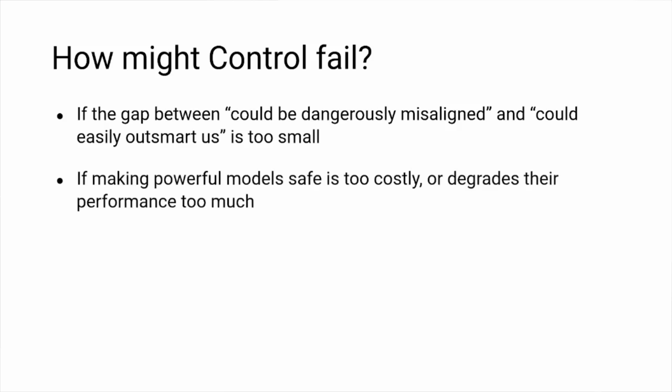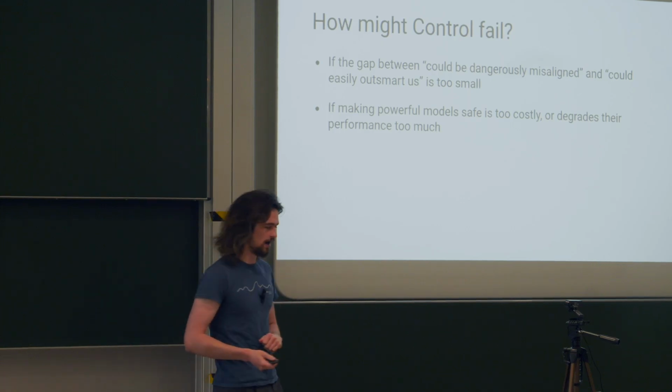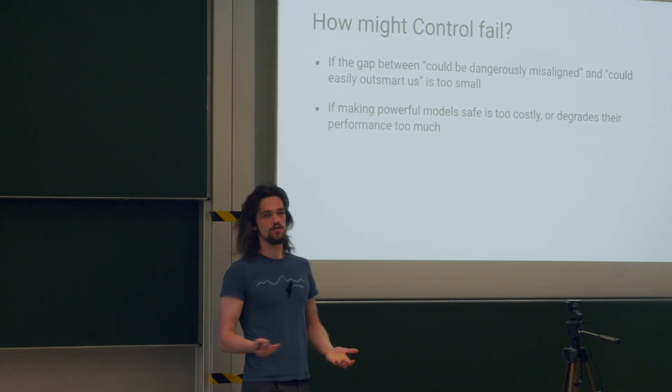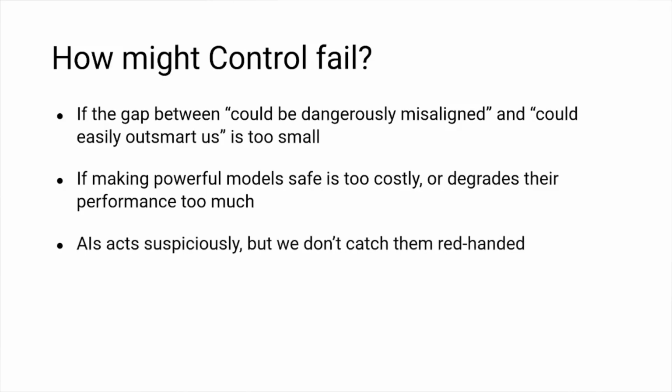The second way is that it might be the case that making powerful models safe enough is just way too costly, or it just degrades their performance way too much. And this might make labs much less likely to adopt this, or it might just make it not very useful, even as a tool in the absolute sense. And finally,